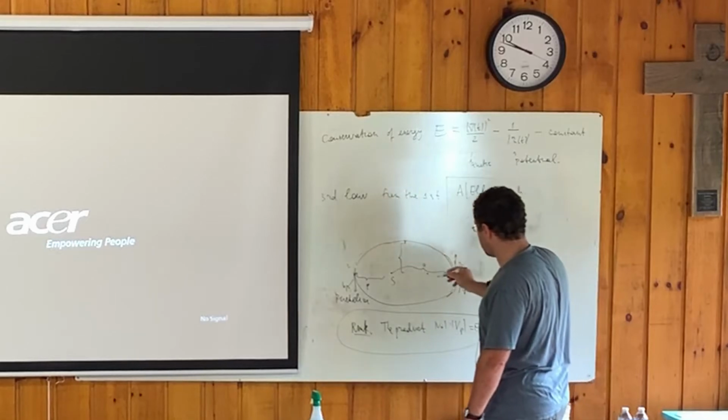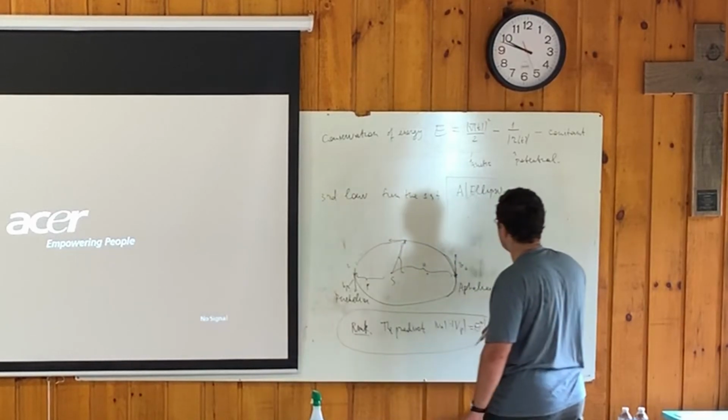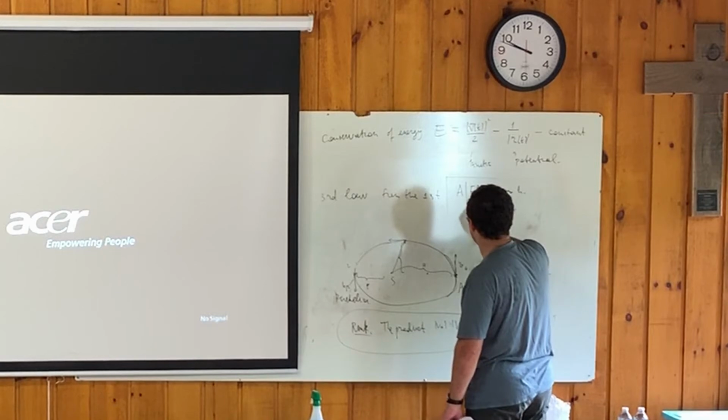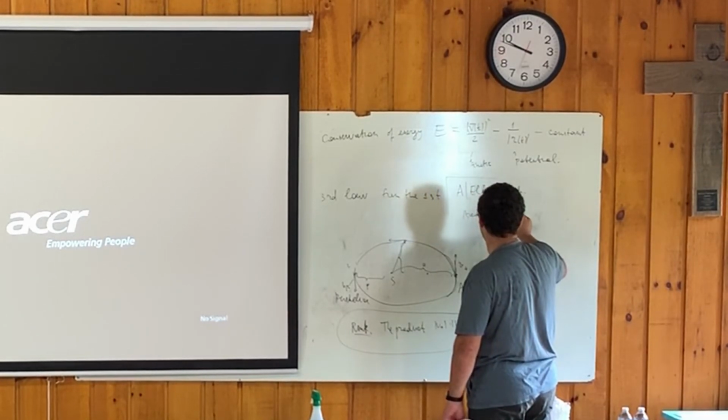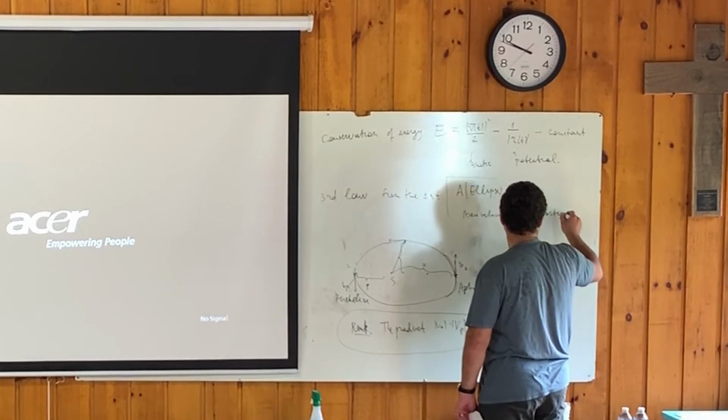But on the other hand, from the conservation of energy, you can easily compute this velocity. And you see that this area velocity is also proportional. And so you get the